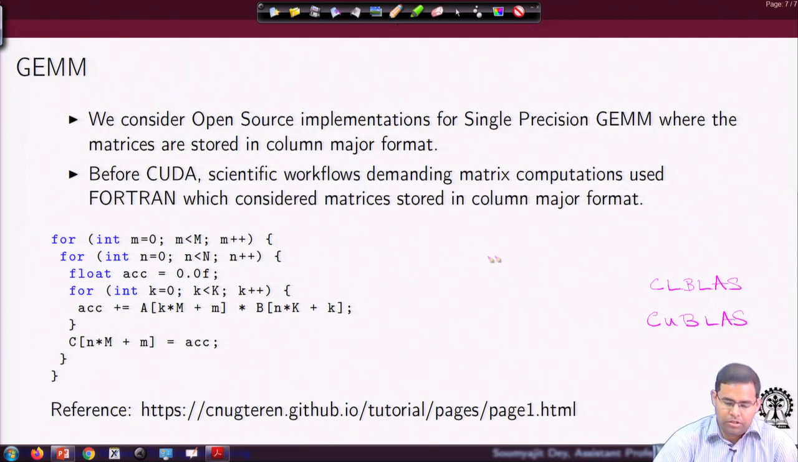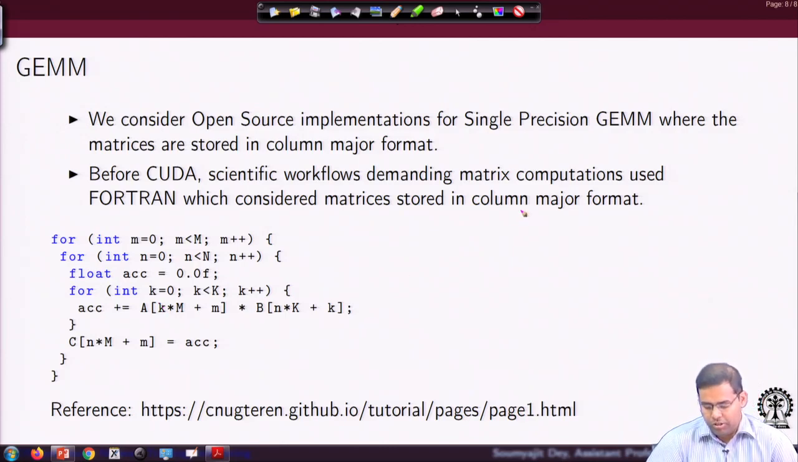For example, if you just have a loop, here we are just providing a simple example of a 3-level for loop for matrix multiplication, assuming a column major representation of the data. So, what is really going to change here? If you consider a column major representation of the data, then